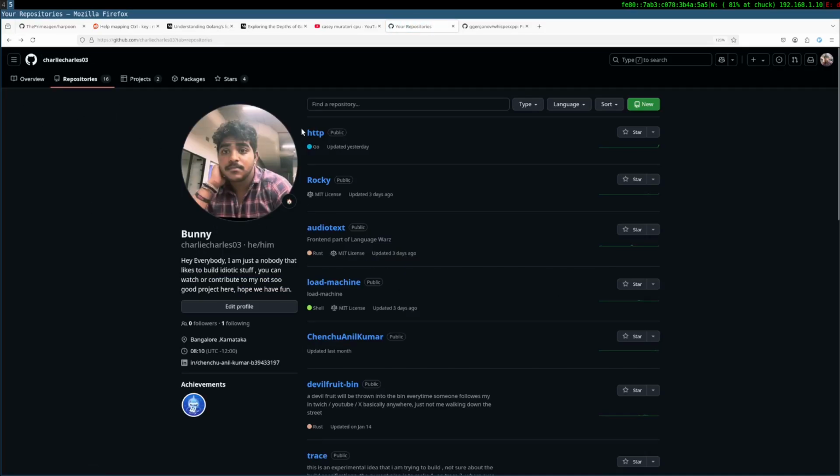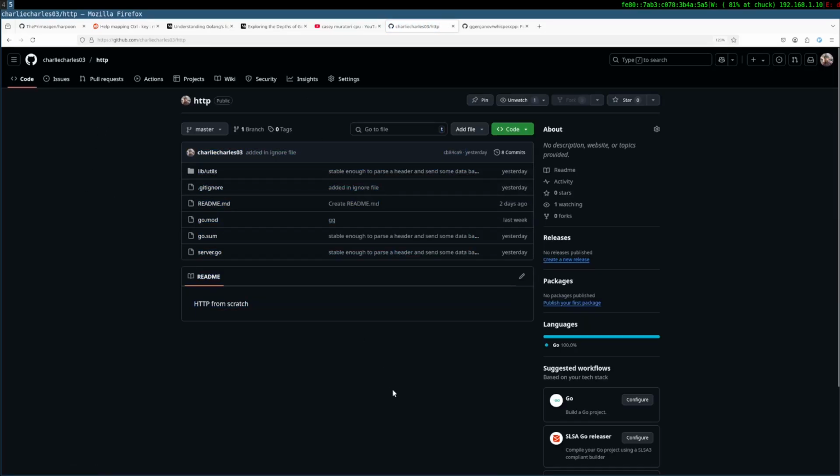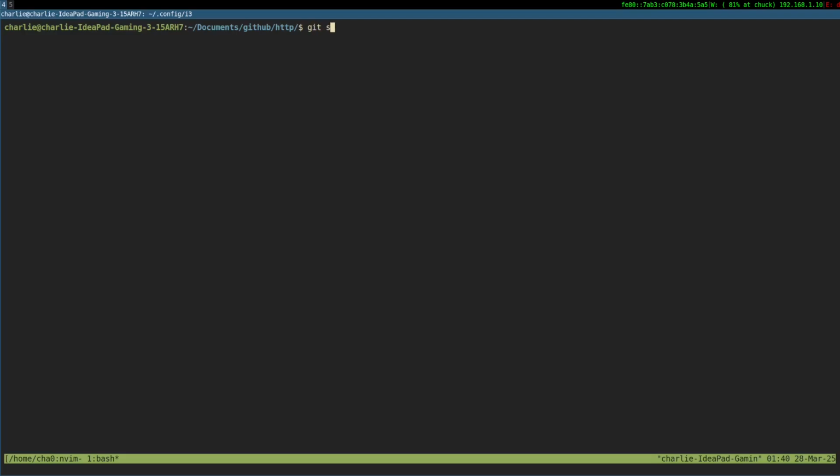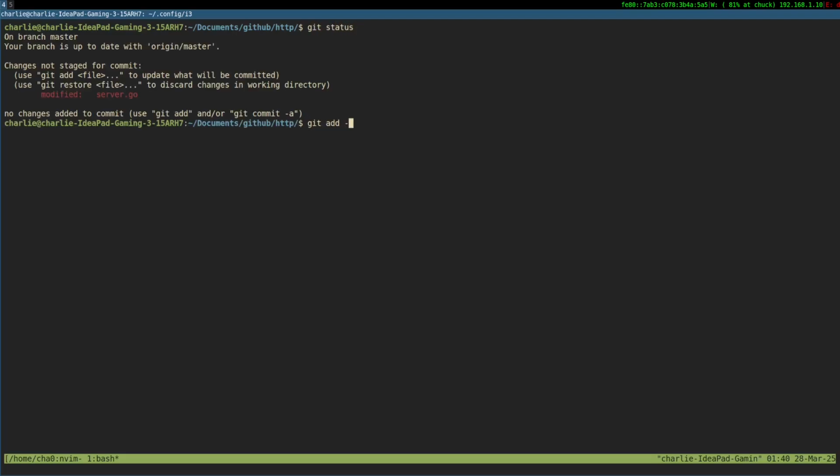Need to plan something. HTTP currently is messing it up. On a break so far. Okay, like, let me commit the code for it, so that if there are any updates: git status, git add, and git commit.